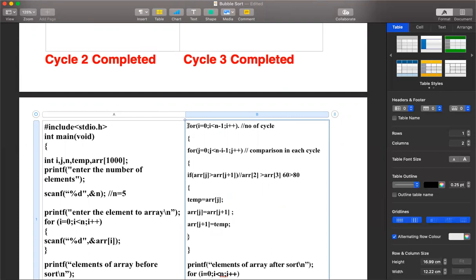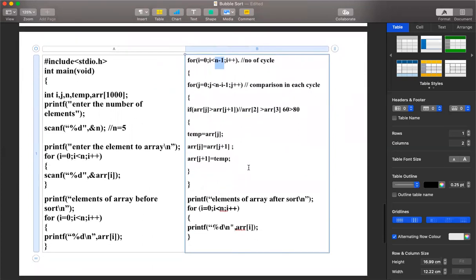So that means we have traced only one cycle. On how many cycles should it repeat? N minus 1 cycles. So finally, after the completion of the inner and outer for loops, we have completed all the cycles, that is N minus 1 cycles, and all the iterations happen inside these N minus 1 cycles. Once this ends, the sorted array is saved back to ARR only. So input is the ARR array and the output is also the ARR array, because we are sorting the array which we have taken as input. So where are all the sorted values? All the sorted values will be present in the same array.